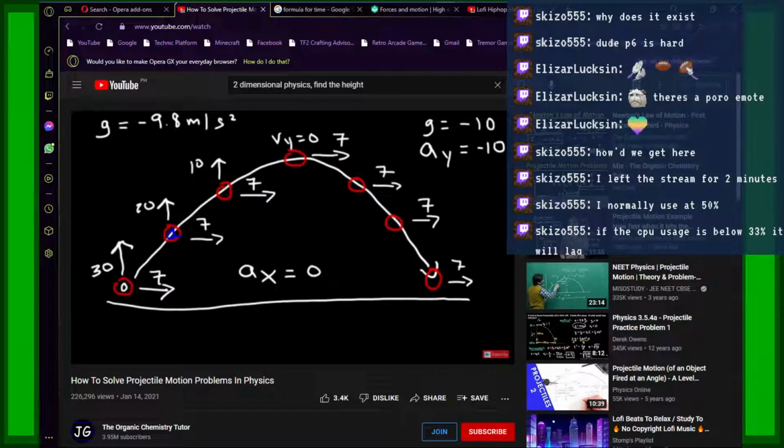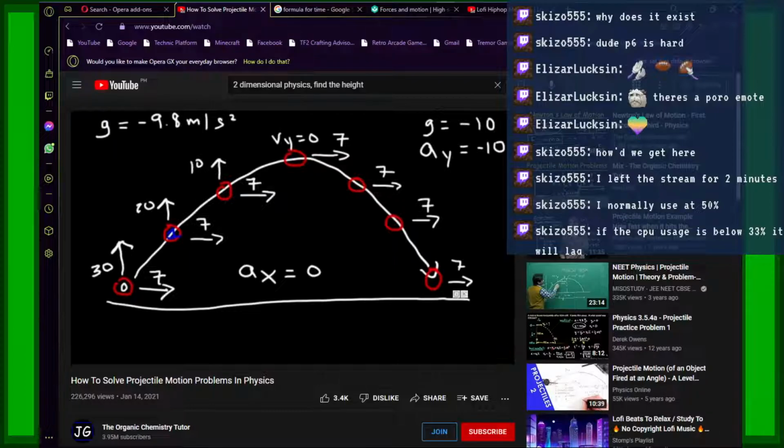A projectile, by definition, is only under the influence of gravity. So if you throw a pen, once you release it from your hand, it's a projectile. A flying bird is not a projectile. It's in the air, but it has the force generated by its wings acting on it, so it's not a projectile. Projectiles can only have gravity acting on them. Air resistance is ignored.